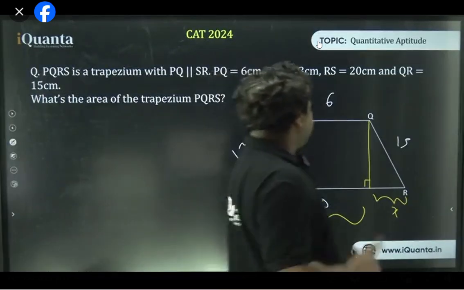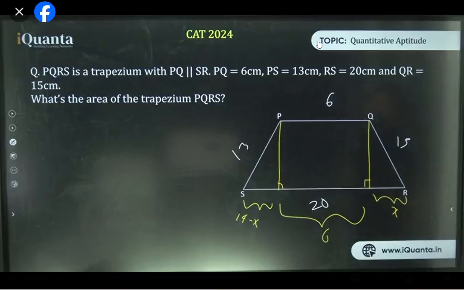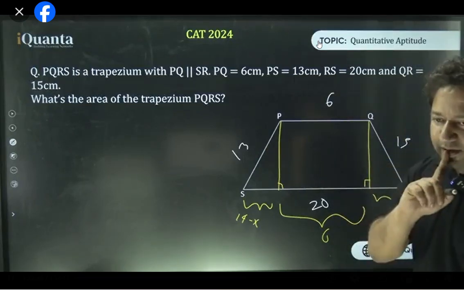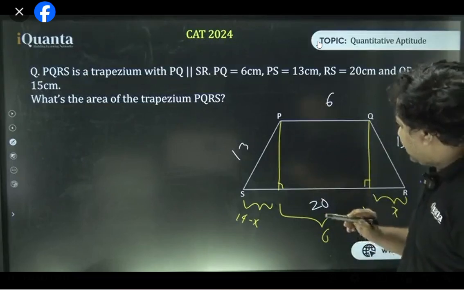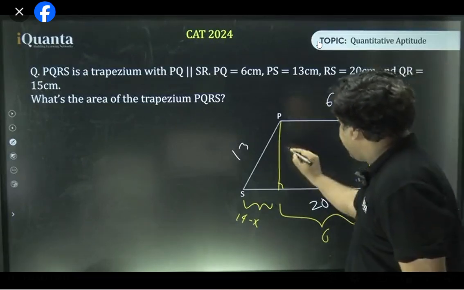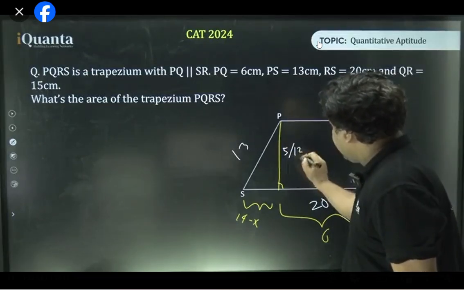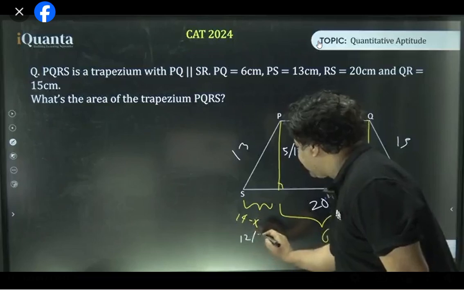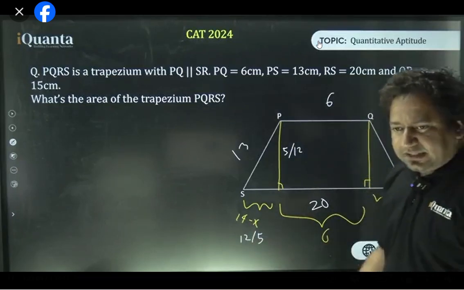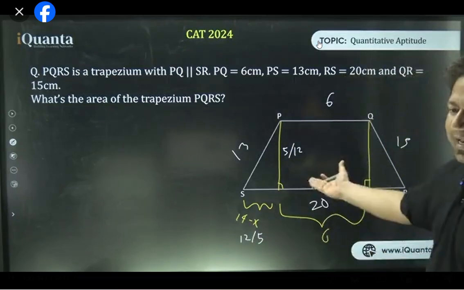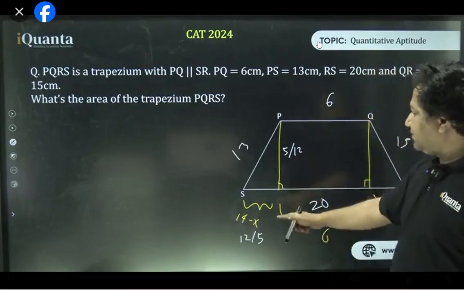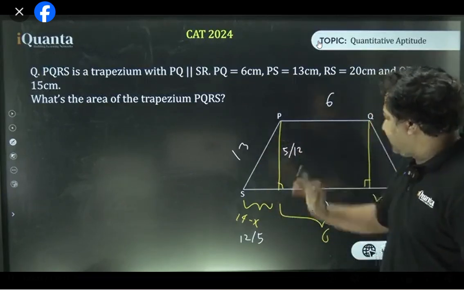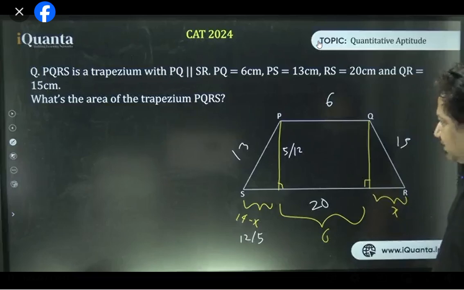Also, there's one more thing. And what is that? We have 13 here. हर किसी को ब्रह्मा triplet तो आ ही चुका है. 5, 12, 13 is a triplet. So let me say this will be either 5 or 12. This is 5, this becomes 12, and this becomes 5. That makes sense? This is the probability. This might happen. ज़रूरी नहीं हो, but check कर लेते हैं because you know the triplets. This is where triplets are used. Is that clear? 5, 12, 13 or 12, 5, 13. Cool enough? Tell me in the comments.